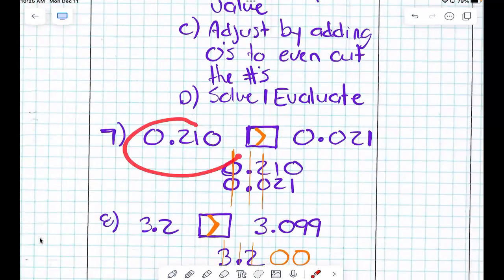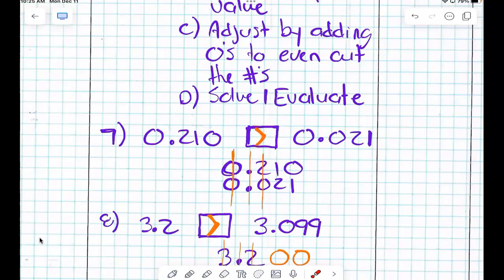So again, we have these two numbers. It looks like they actually have the same amount of digits, right? We line up our decimal points and we just write the numbers one on top of one another. And then we compared. What do we know about zeros? Are they the same or are they different? What do we know about the decimals? Are they lined up? What's bigger, 2 or 0? Am I done then? Yeah, I can simply say that this number is bigger because 2 is bigger than 0,